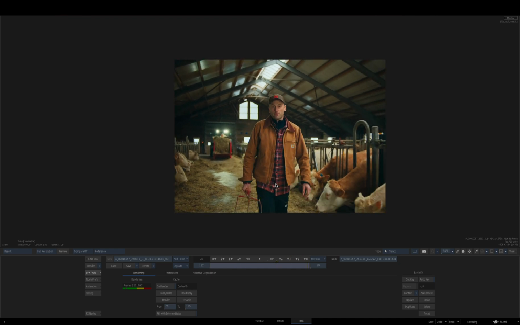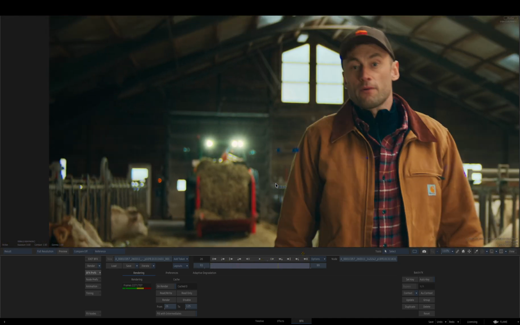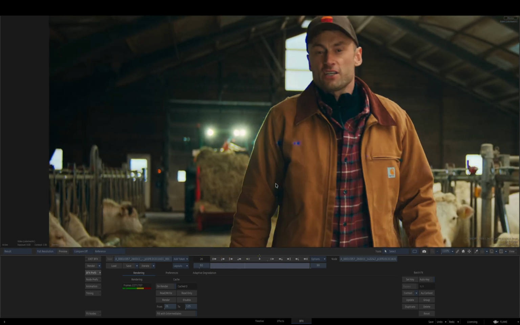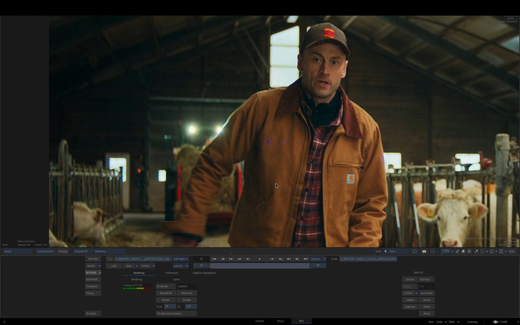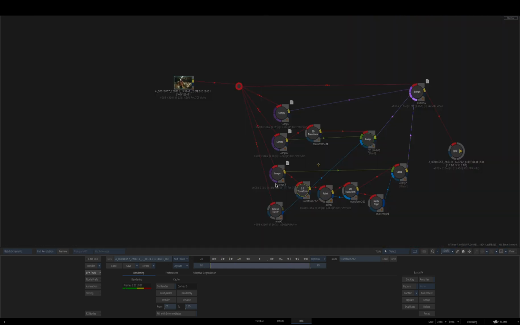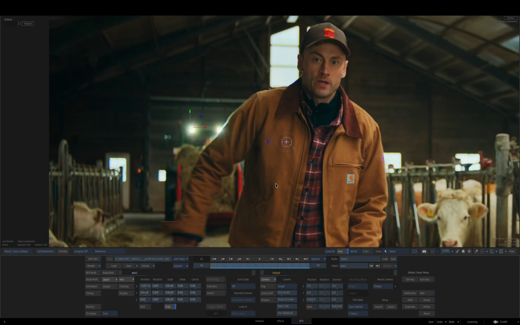We had some nasty lens flares here, right? So I need to get rid of them, and I need to, of course, stabilize them, but I couldn't get them to be tracked properly. So what I did was I tracked this lens, okay, because that lens is always in the frame. But the clever bit comes here. So I tracked this lens, and then